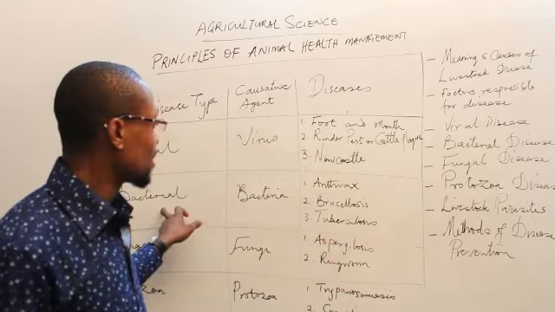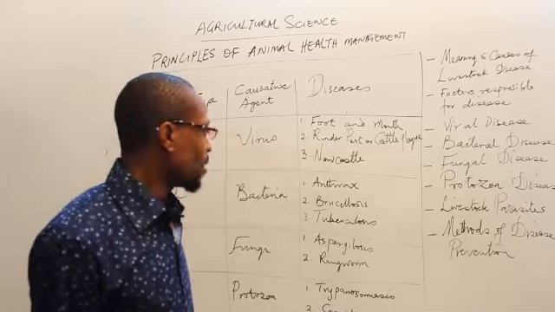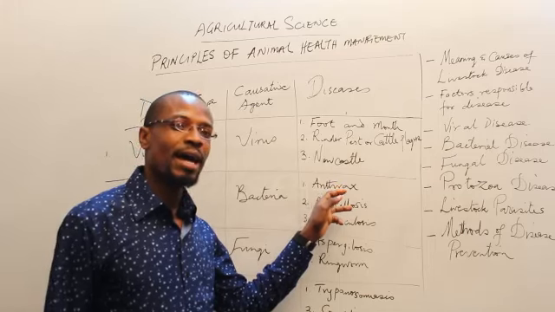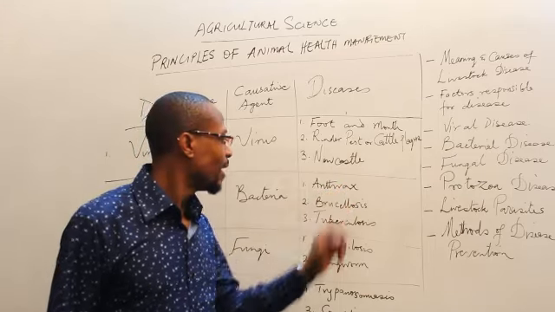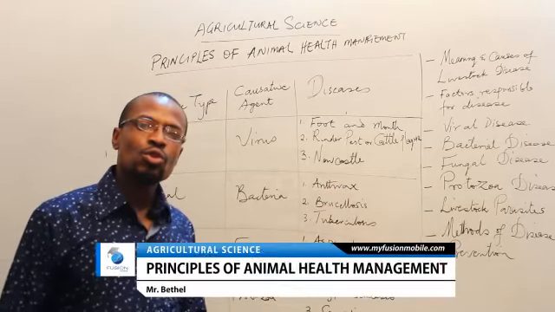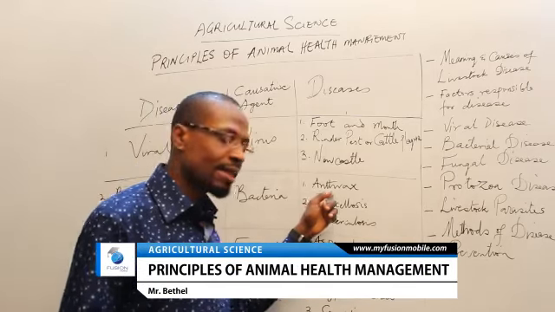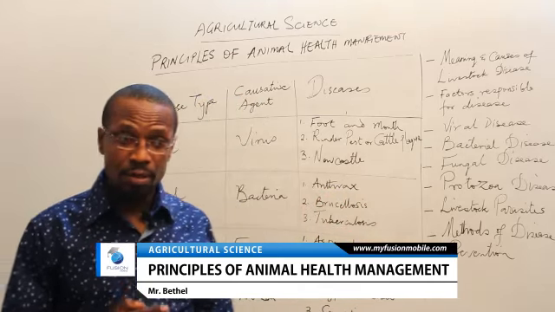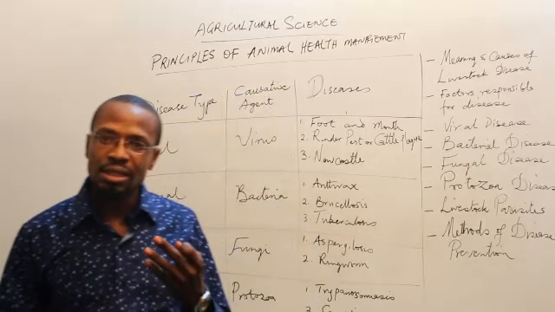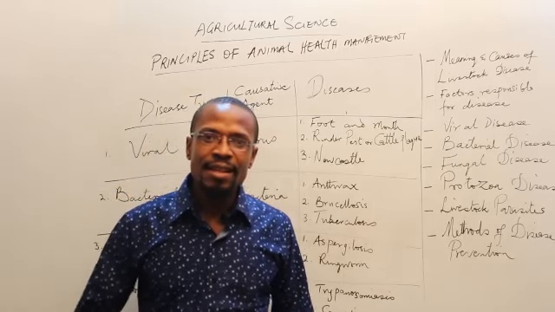So the next disease is the bacterial disease caused by bacteria. Yes, the first on our list of bacterial diseases is anthrax, caused by the bacteria Bacillus anthracis. Now, what are the symptoms of anthrax? You see that the animal that is affected by this, that is the cattle, the pigs, the cows, sheep, goats,